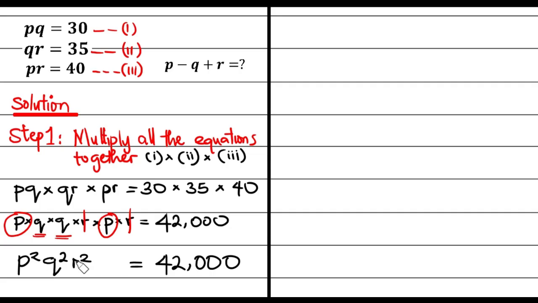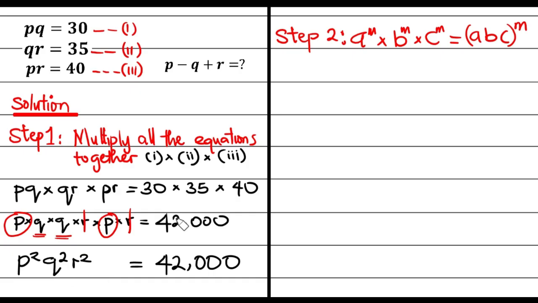From these points, I'm going to say step number 2. Then what am I going to do to this left hand side? I'm going to bring out the common power, that is the exponent, out according to the index rule. The index rule says when I have A raised to the power of N multiplied by B raised to the power of N multiplied by C raised to the power of N, I can rewrite this as A, B, C all raised to the power of N. Applying this to this left hand side, my equation now becomes P, Q, R, all in parentheses raised to the common power, which is 2, and equals